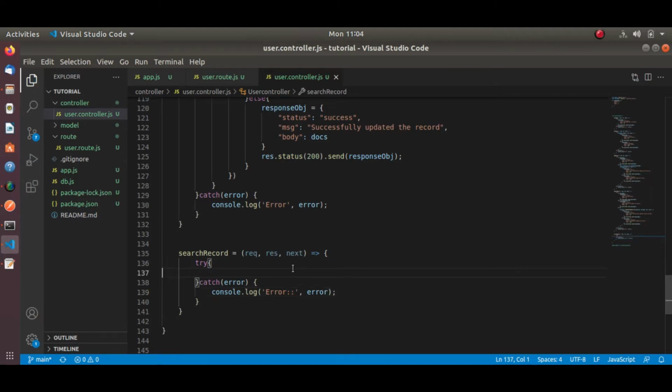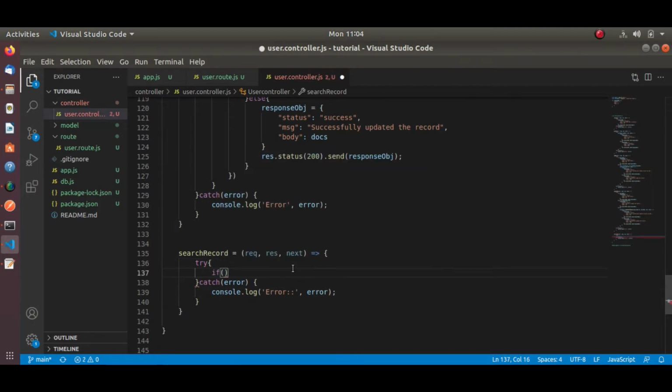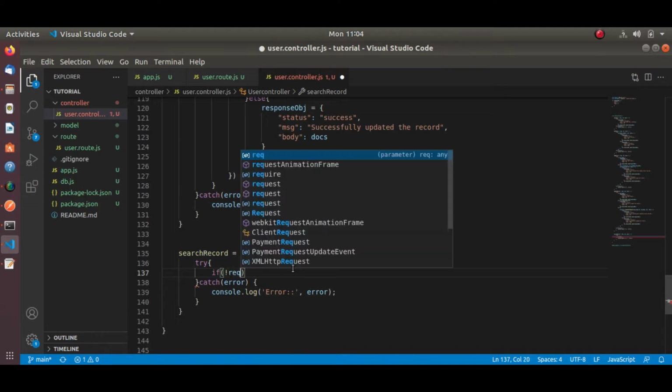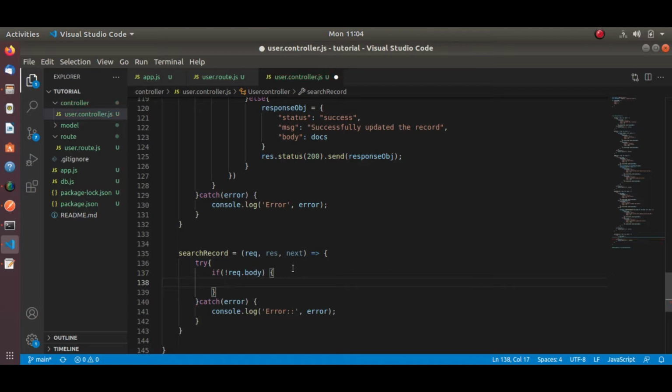In the try block, let me add the validation. So as we have added the post request, it must have some body part. So let's check here, if not request dot body, then we will show some validation message.